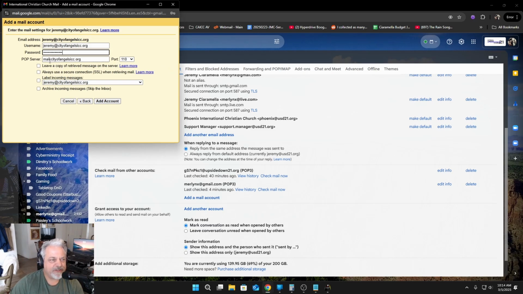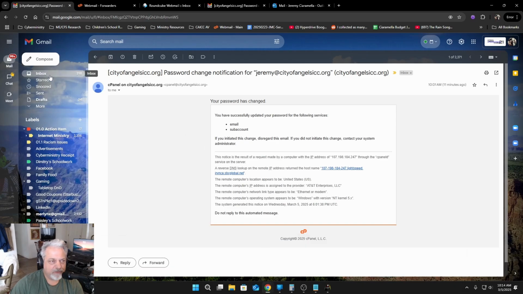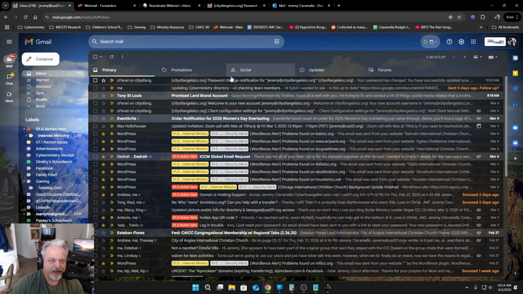Now it's giving me some information. It says pop server, port. Like, what is this stuff? Well, if you go back to the email, the introduction email, it sends you one that's called settings, or client configuration settings. You see this one here? This is the one we're looking for. They send these two emails to you when an account is set up, right? So you open this up,